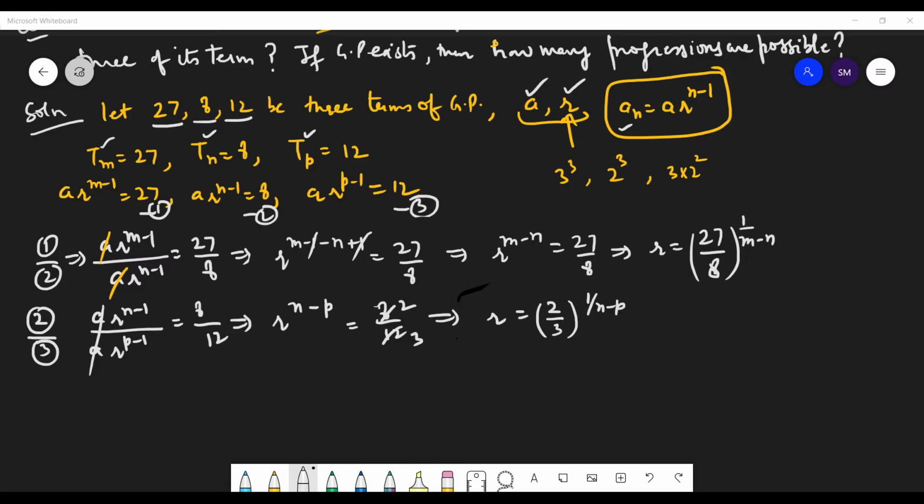So we have considered that they are in GP. This is the assumption, and we are moving forward. So it means both these common ratios will be this equation number 4, this equation number 5. So equating 4 and 5, we get